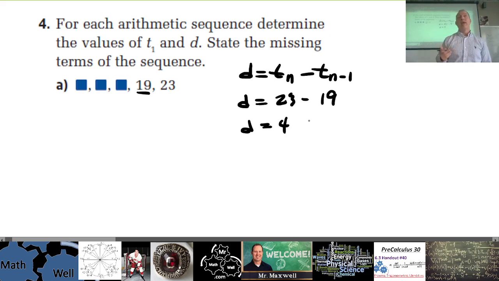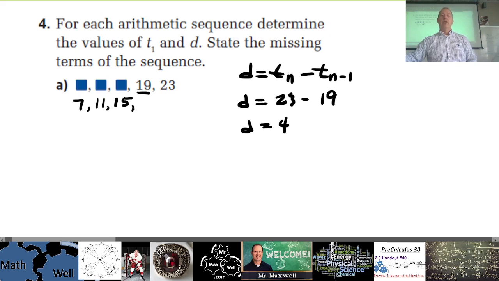Okay, now that's going to be helpful because in figuring out these unknown values, I can just keep going backwards, and I can now subtract that difference from 19 to get this number, and then subtract the difference again and again. Does that make sense? So 19 minus 4 is going to be 15. 15 minus 4, 11. 11 minus 4,